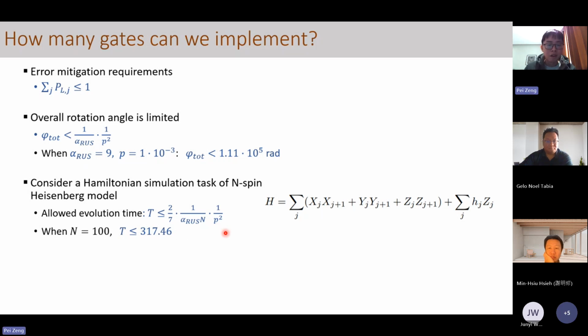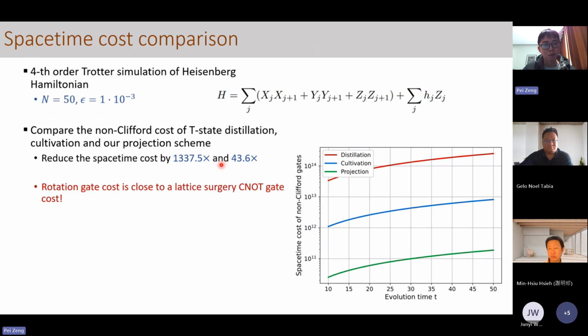Also compare. So this is the capacity of our scheme, how many gates can we implement using our rotation scheme. I also want to discuss the space-time cost of our scheme. We compare our cost to magic state distillation and magic state cultivation, and we show that